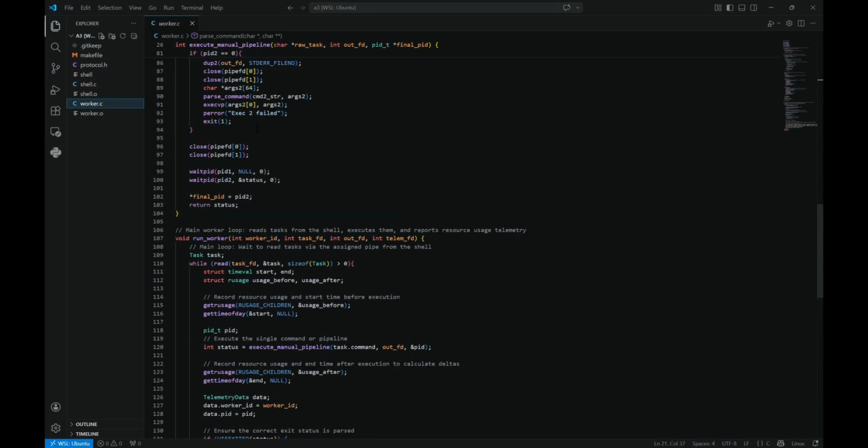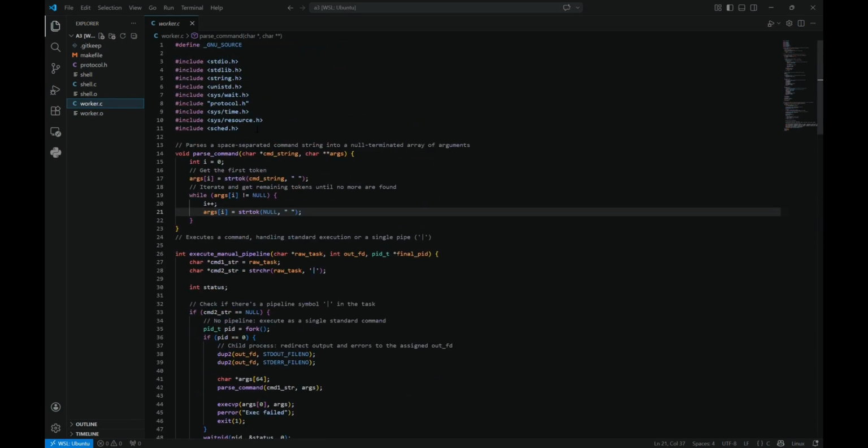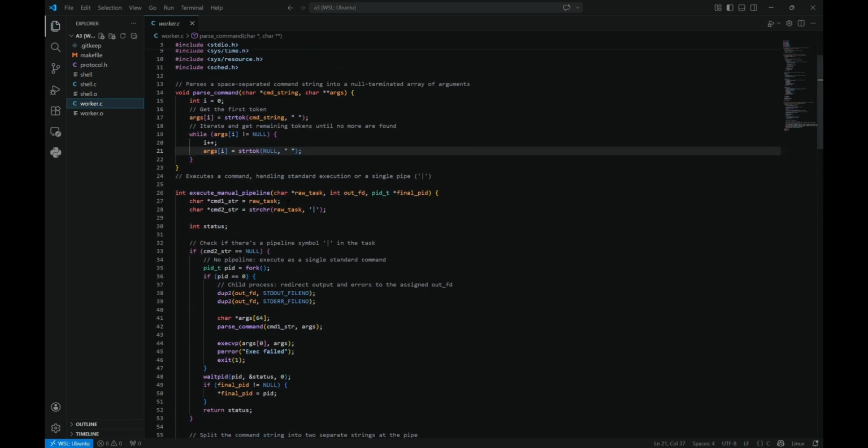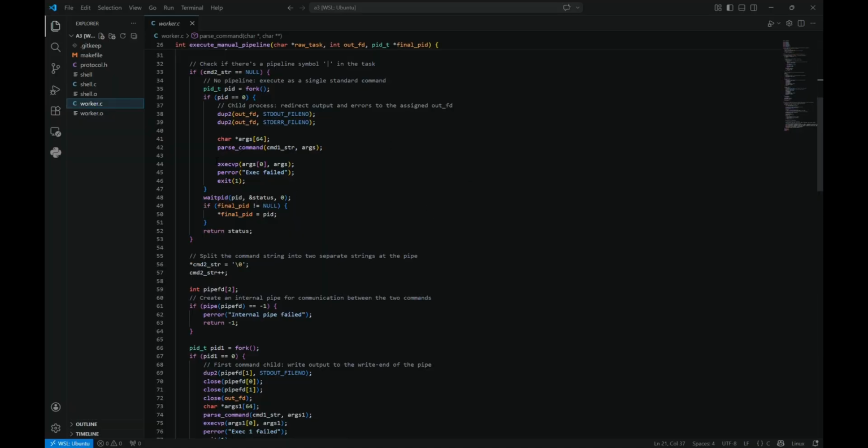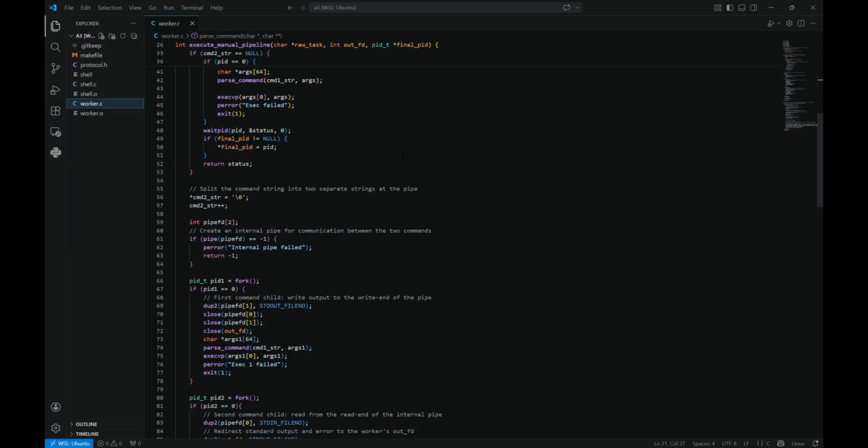Now, how does this all work? So let's check the worker.c file. We have the parse command, which is pretty simple, but the execute manual pipeline is the important part. We check if we actually use the pipe command in our command, and if there is no pipe symbol, we use the generic dup2 output file descriptors, and we parse the command directly via